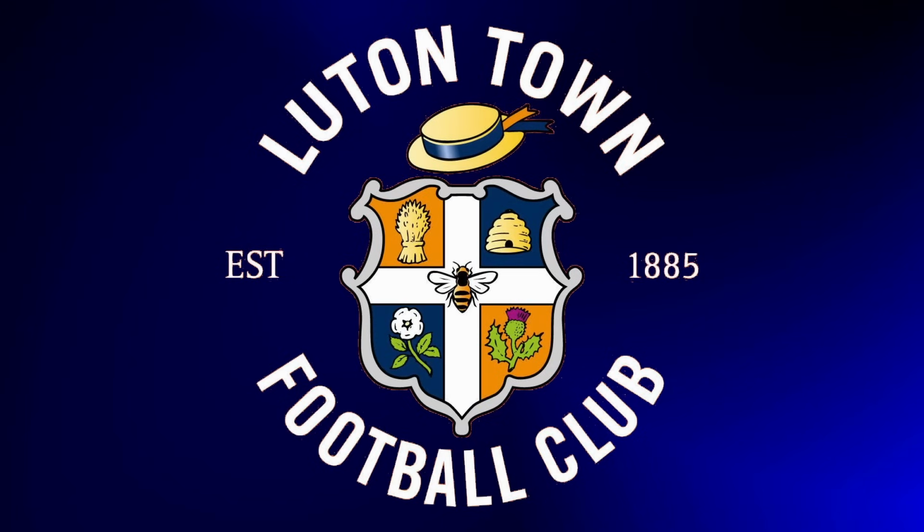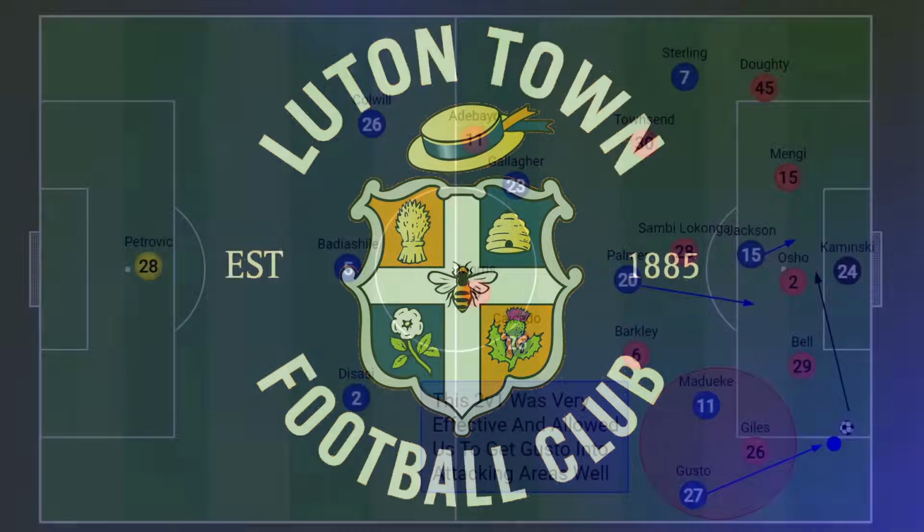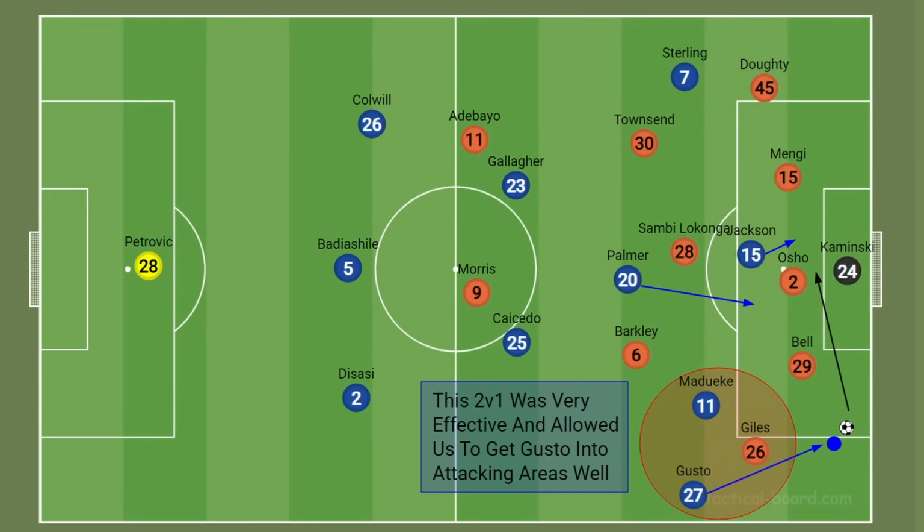Luton, despite their slight improvements, are still not the greatest defensive side, and these types of pinpoint balls into the mixer are really hard to defend if done correctly. I think playing down the right hand side in general is a good idea, not only because Madueke and Gusto were our most productive players last time out, but because Ryan Giles on the left hand side for Luton is